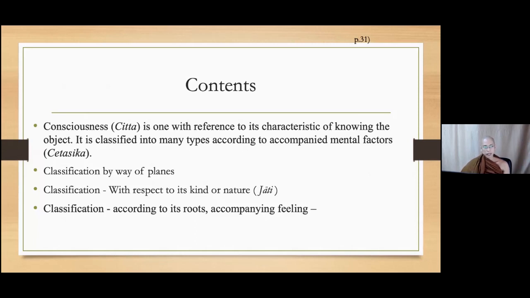So we can say consciousness is only one thing, which knows the object, which recognizes the objects. That is the first thing we have to understand about consciousness. Although it is only one, according to the characteristic of knowing the objects, it can be divided into different types